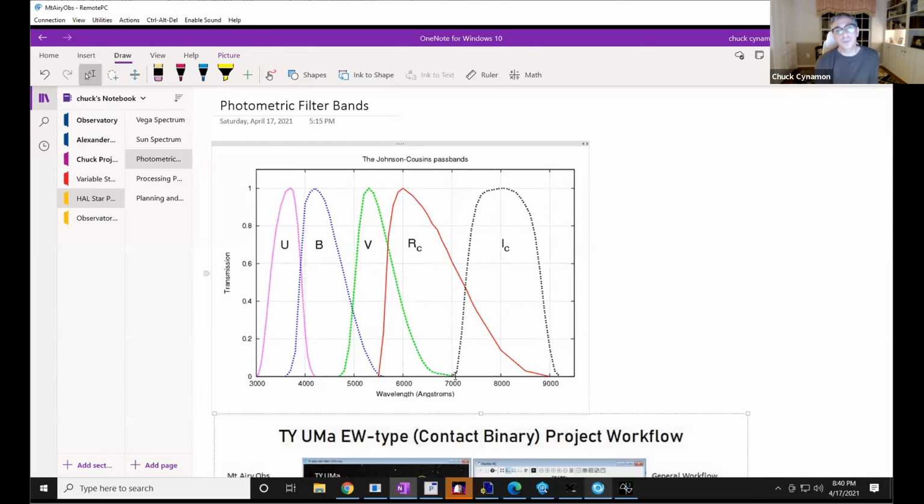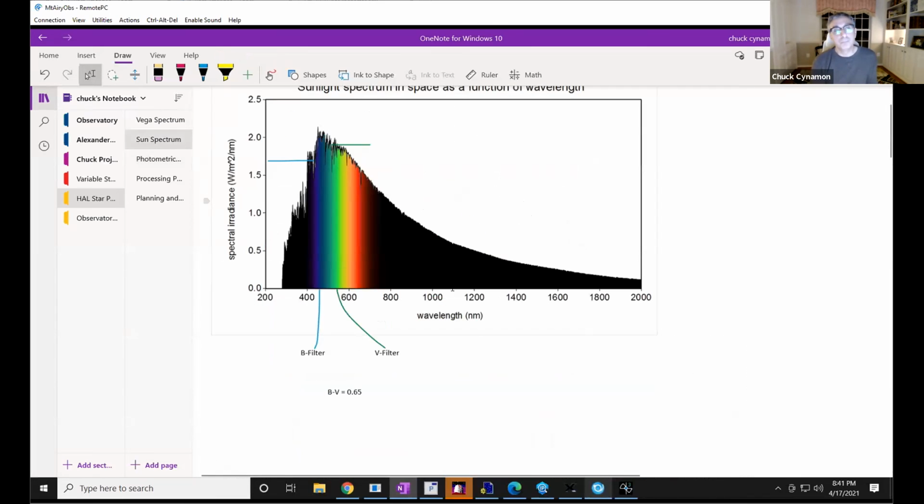What we try to do in photometry is break down and only look at various slices of that same spectrum, because there's a lot of information you can discern about different objects. For instance, our sun. When you look at the visual spectrum from the sun, this is what you would see within that 4,000 to 7,000. But when you take a measurement of it at a B filter, and take a measurement through a V filter separately, you're going to see different levels of light.